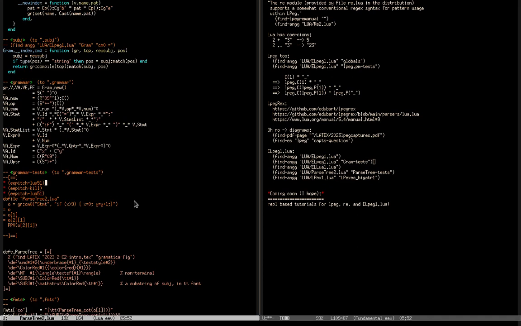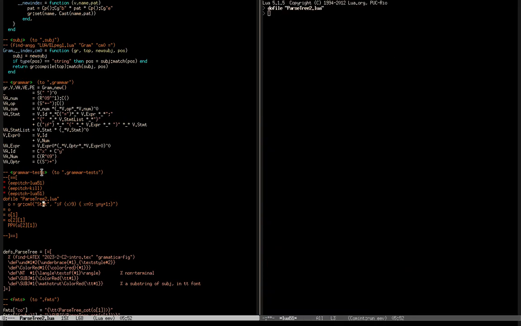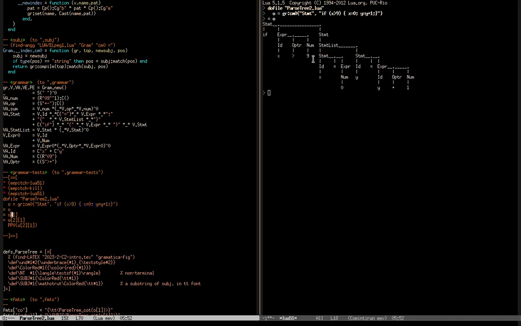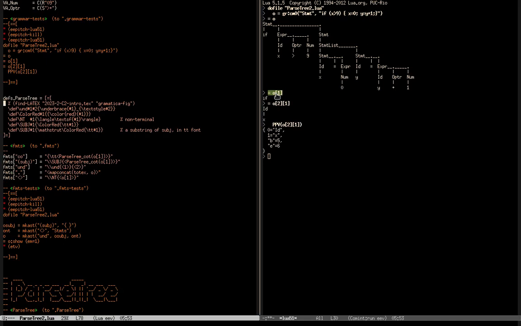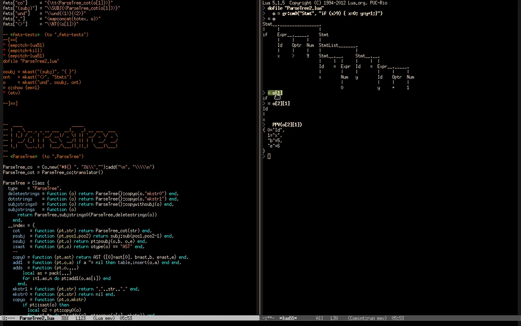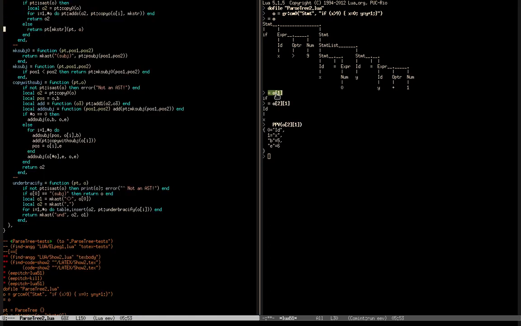With my grammar, considering that the top level entry is statement, when I parse this string here, the result is this tree, and I can do some operations on that. I can define how this is to be converted into LaTeX. I can define other operations that convert trees into other trees, and here are some tests of these operations.